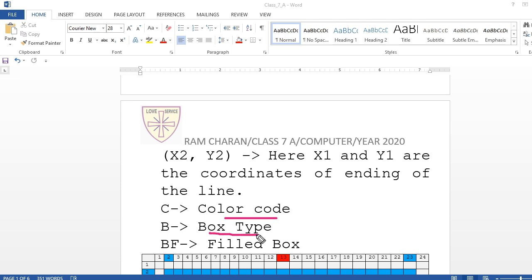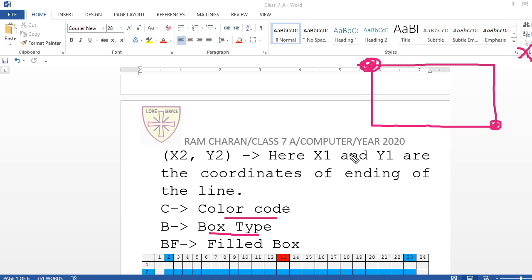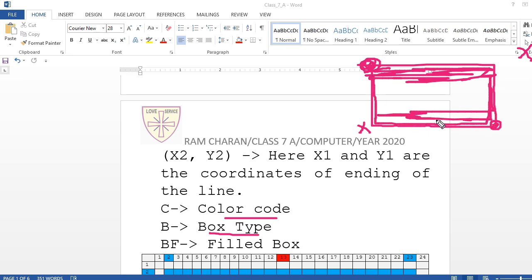B is box type, you want to have a box like this way. If you have a box, then the first coordinate and the last coordinate are required. These two in the middle are not required. First one and last one for the box. And then BF is box filled type. If you write BF here, box filled, then it will be filled with color.